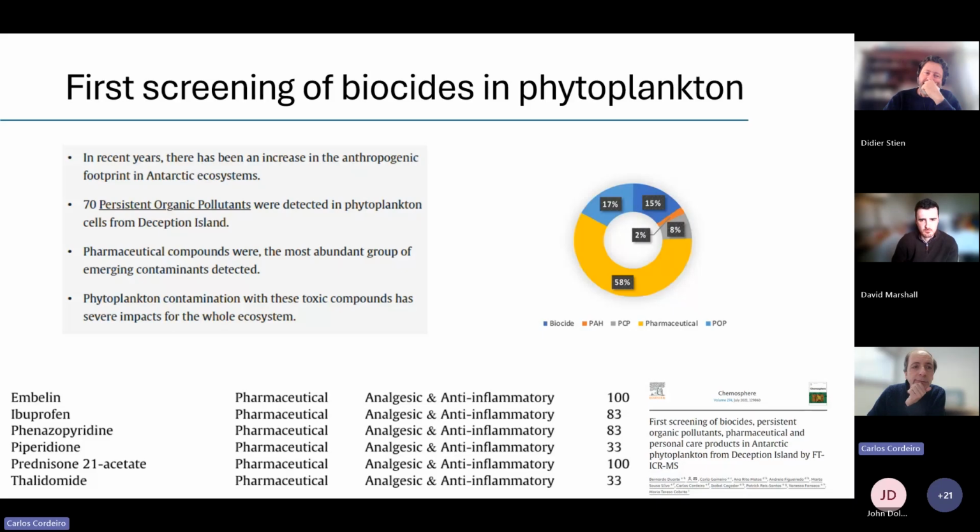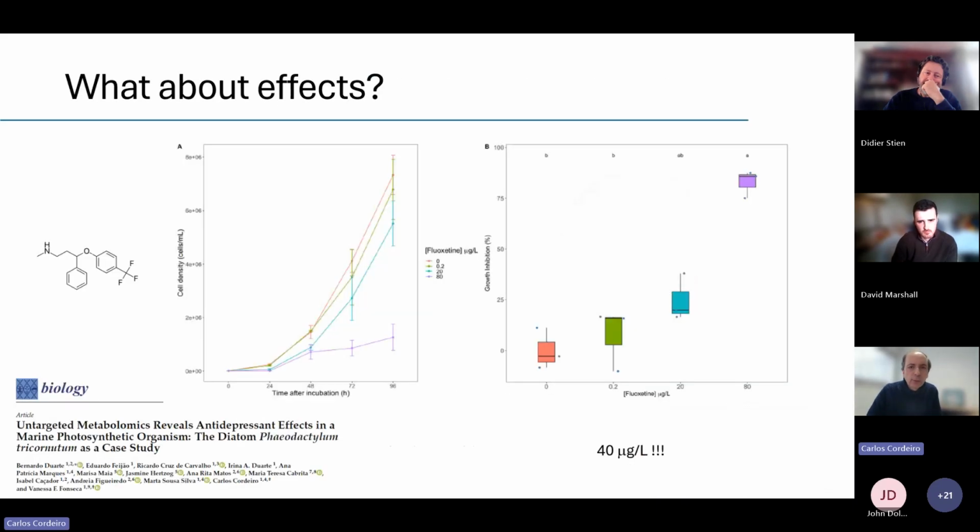And this is exactly what we did here with the fluoxetine, which is also known as Prozac. And this thing has been detected in seawaters at concentrations that in some cases can reach as high as 40 micrograms per liter. Usually the detectable concentration is much lower, usually in the nanogram to picogram range, but what is quite worrying is that I think this kind of substance is detected more or less everywhere. And I'm pretty sure that in the list of annotated compounds that Didier just showed, this thing is there too.